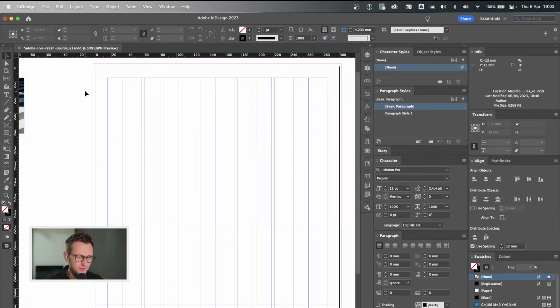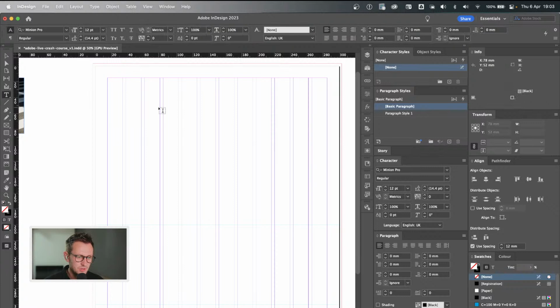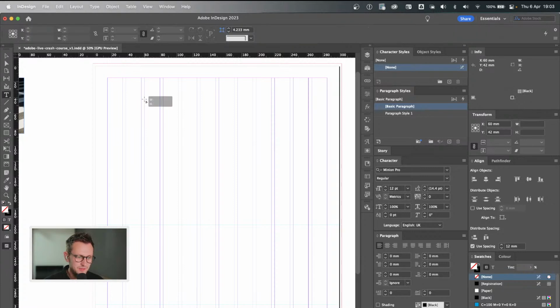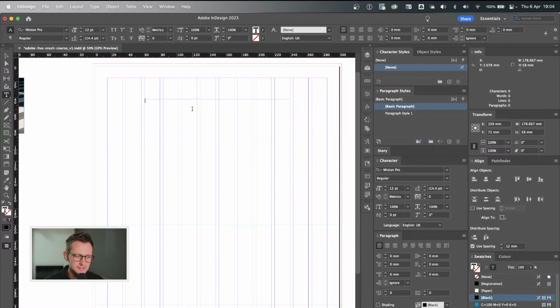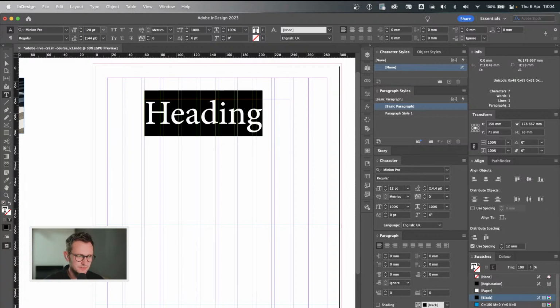So, paragraph styles, what are they? Well, let's give a bit of a demonstration. Let's say I'm working on this document here, and I know that I'm going to have a heading, and let's just make this one a little bit larger so we can see it. So I know I'm going to have a heading,